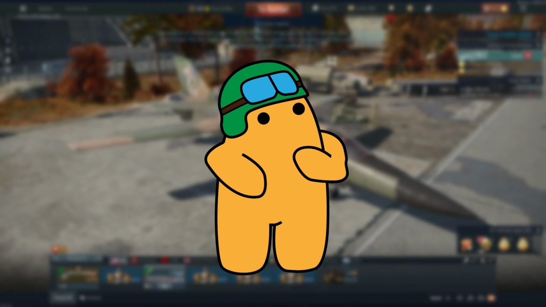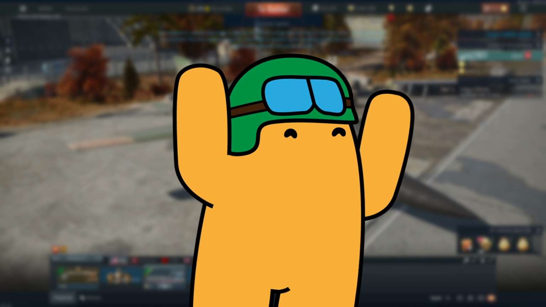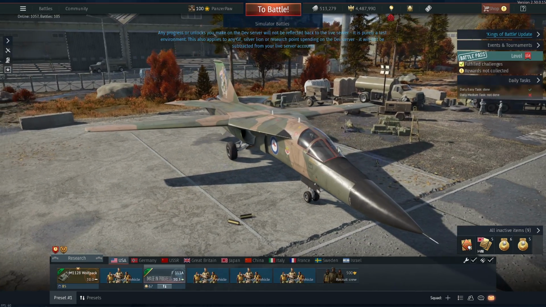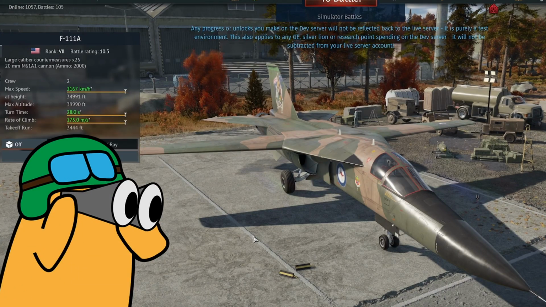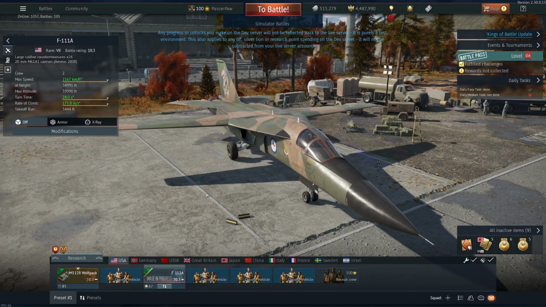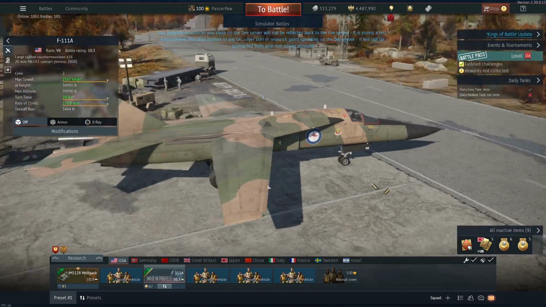So there's a new dev server, and there's also a new update coming. This is the Kings of Battle dev server, at least the first of probably a few, maybe. I don't know, but obviously this is what you want to see. This is the F-111A. Yeah, I didn't think something like this was going to ever get added into the game, but it's finally